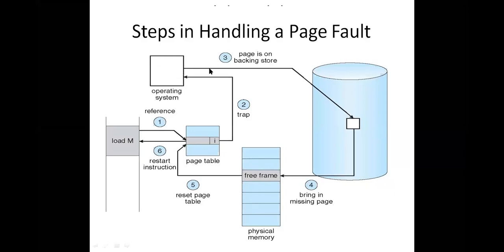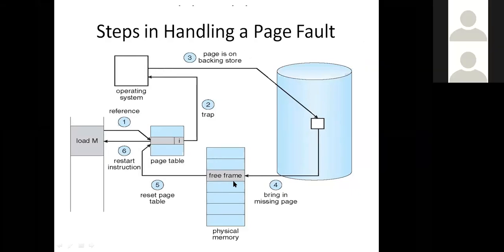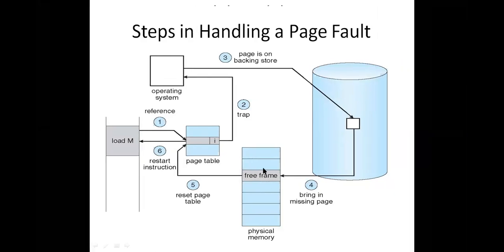So immediately the operating system will check in the disk. In the disk the page is available. So we need to move the required page from the disk to main memory. In order to move a page from disk to main memory, there needs to be a free frame. If the free frame is not available in the main memory, the operating system cannot bring this required page into the main memory, right? If there is no free frame, then how can we keep the page into the main memory? So how can we keep the required page into the main memory is the next concept.